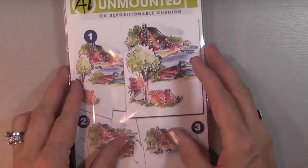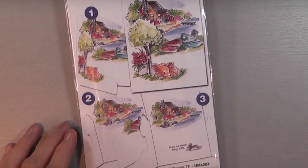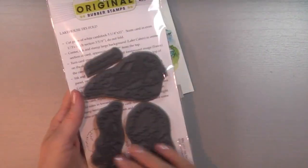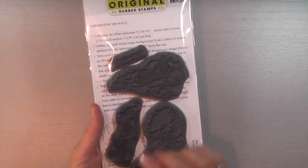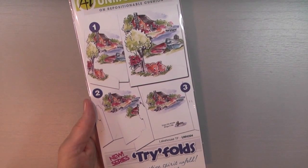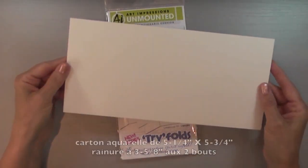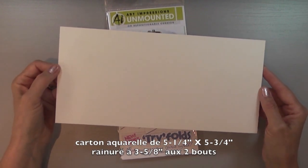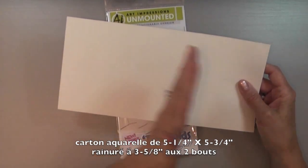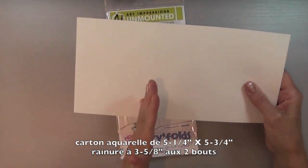We're going to use this new series of stamp sets by Art Impressions, and the series is called Trifolds. And in each stamp set, you have all of the stamps that you need to create this look, as well as the instructions. And for today's project, I'll be using the Lake House stamp set, number UM4204, a piece of watercolor paper that measures 5 1/4 by 11 inches. And you'll want to score your paper at 3 5/8 inches from each end. So you'll make your first score at 3 5/8,